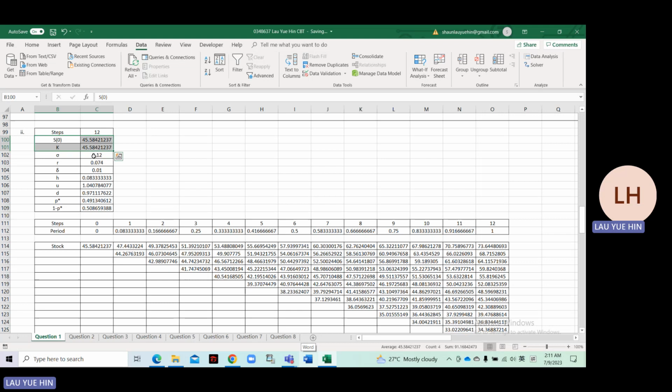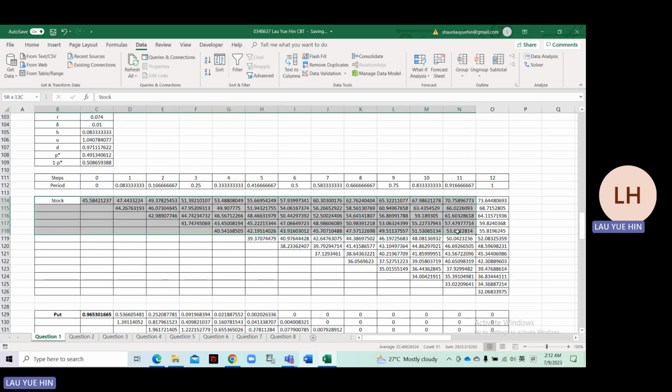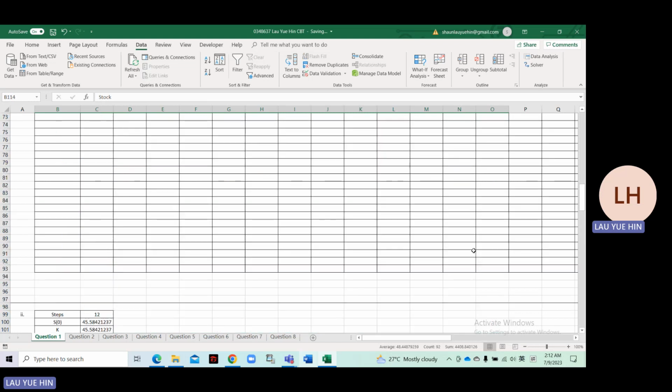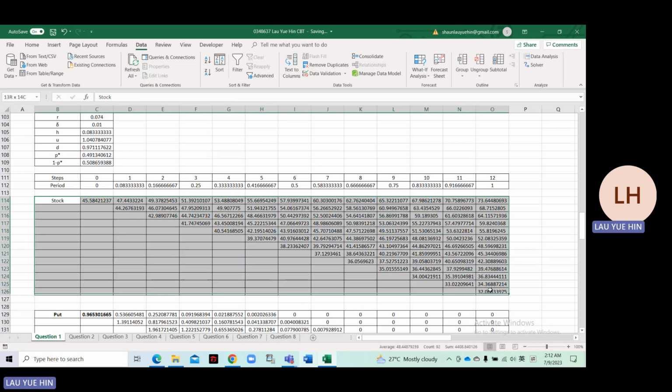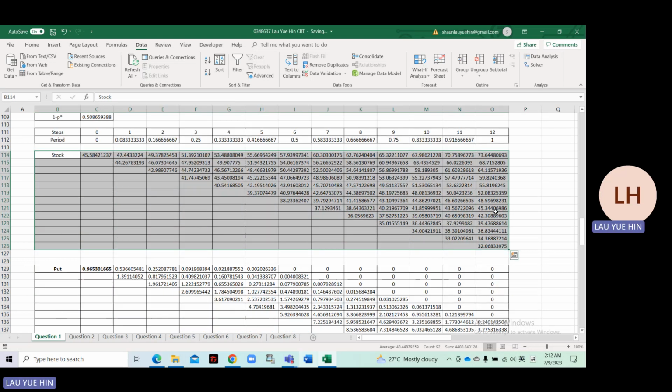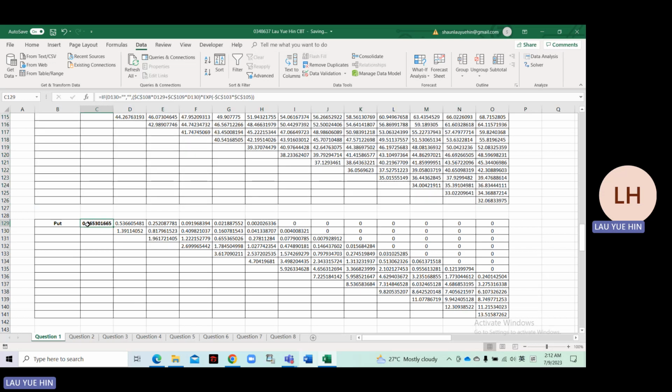K have the same value. And the data is basically the same as part 1. But part 2 asks us to only construct a binomial tree of a European put option for 12 periods. So this stock binomial tree is the same as the above one, which I just copy down until period 12. And to find the put option, the formula is actually just the same as the call option, which is the